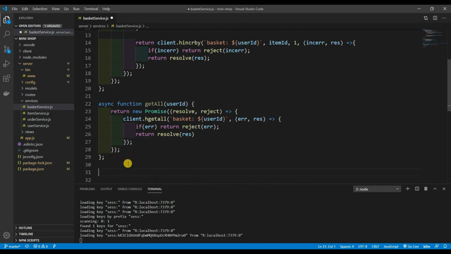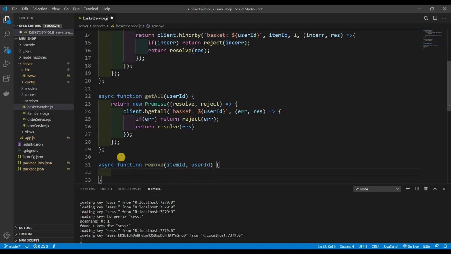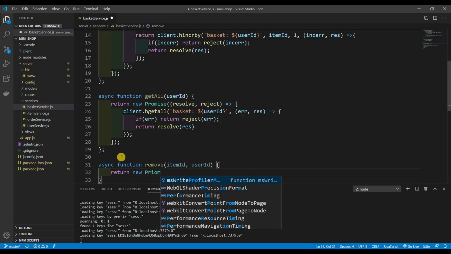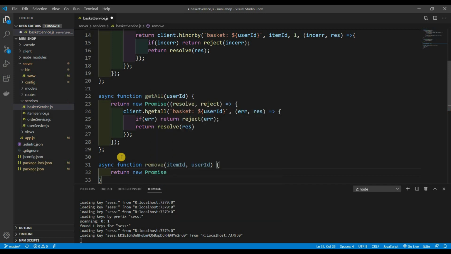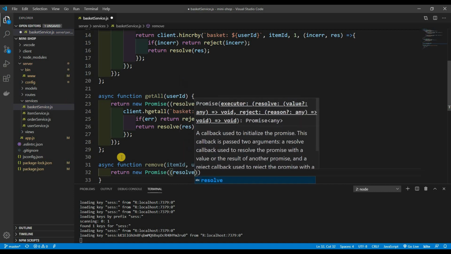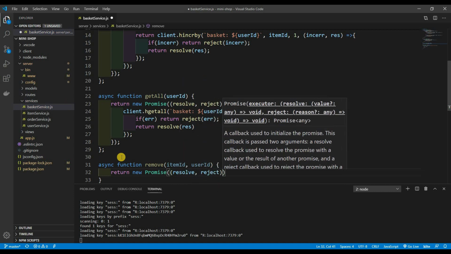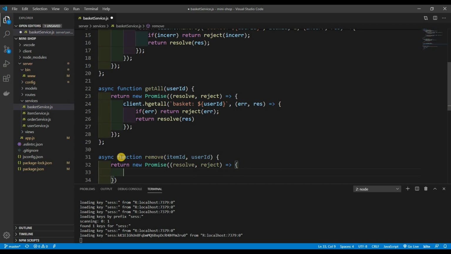Now we're going to focus on remove. So async function remove. And what we're going to be passing in here is the item ID and the user ID. All right, and right here, return again, new promise with a resolve reject scenario. You already know. And we're going to be using, don't worry, this time we're going to be using